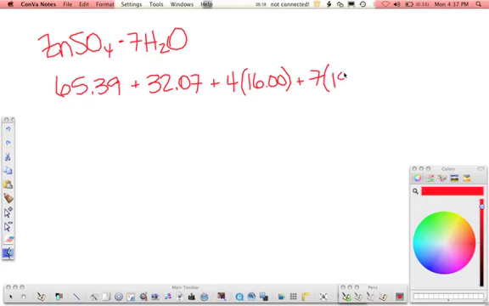And the mass of water is 18.02. I'm not going to make you memorize this number, but you're probably going to end up memorizing it anyways because that's just how this goes. So this whole thing adds up to be